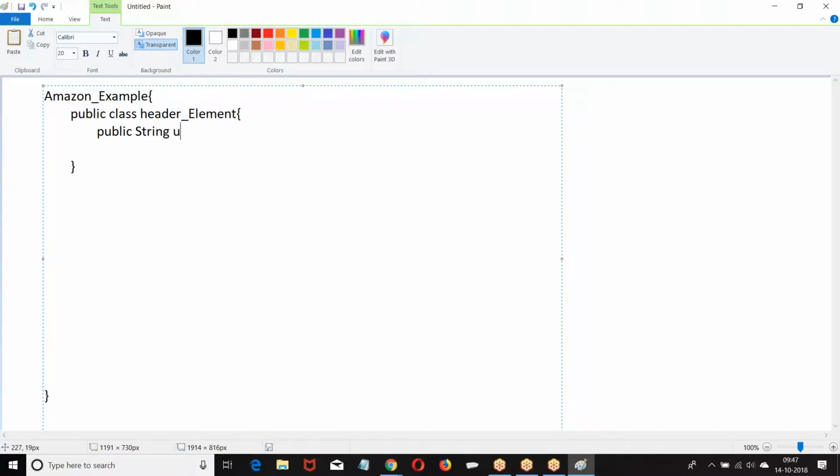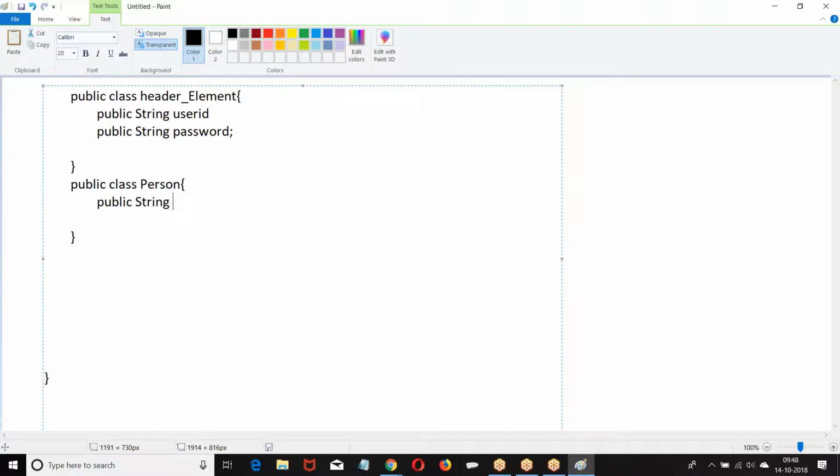Public string. There is other information also. Then I want to create a person class. Person, they are giving public string.